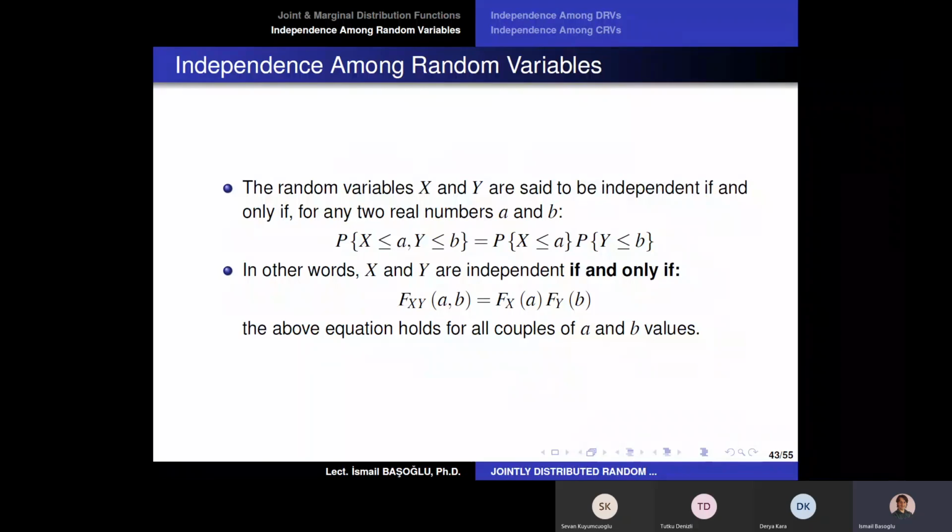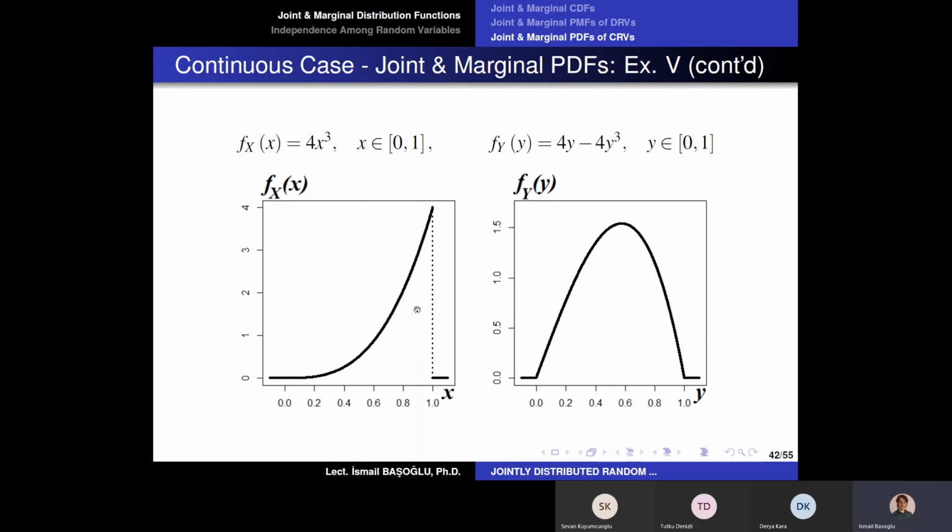So we are going to talk about the independence among random variables. So we have random variables x and y. Sometimes these random variables are dependent, sometimes they are independent. So if you remember the example in the beginning of this